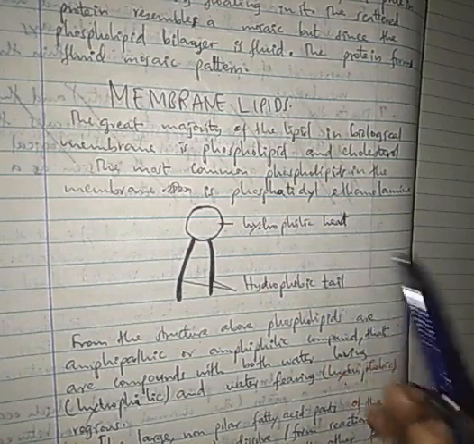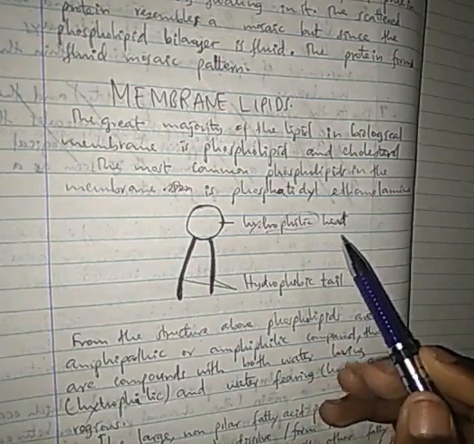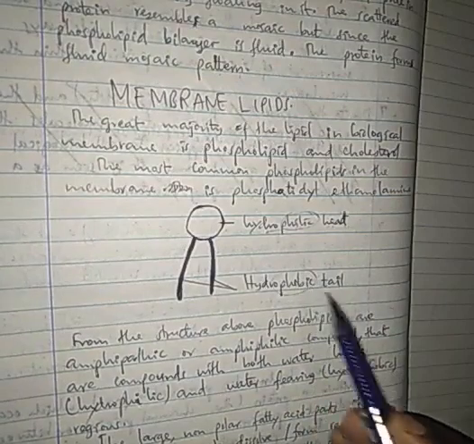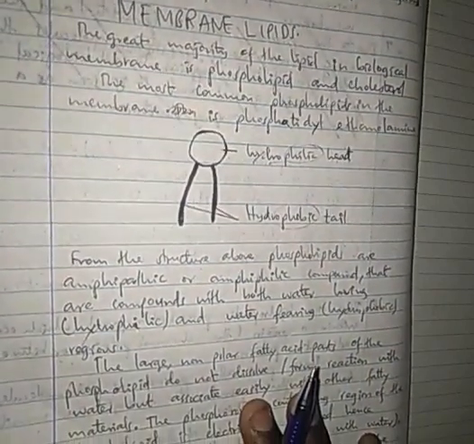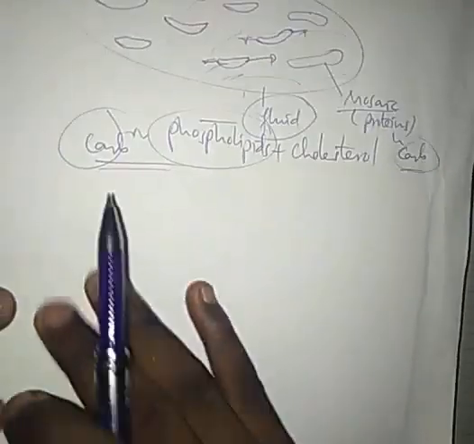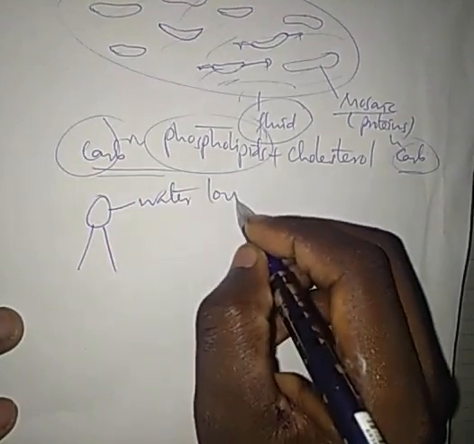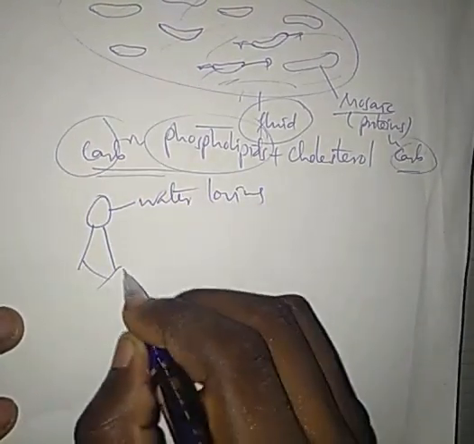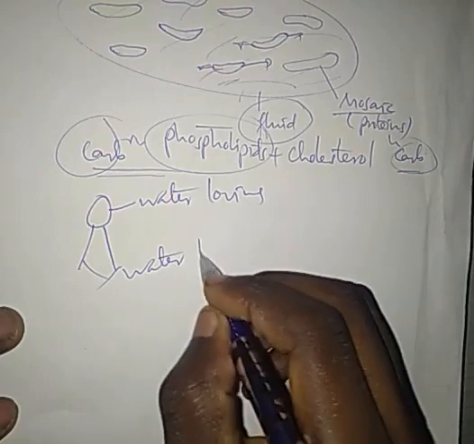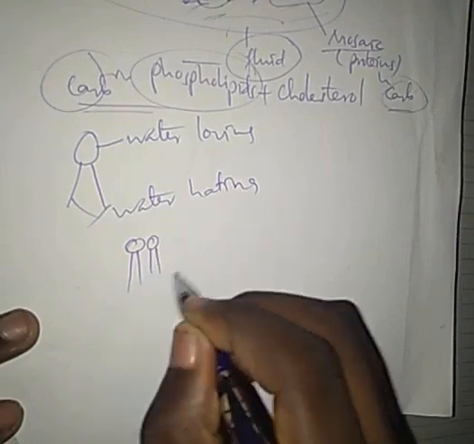So phospholipid has a hydrophilic water loving head and a hydrophobic water hating tail. Now from the structure above, kwa sababu ukichora hiyo hapo, huku ni water loving, huku ni water hating. Kwa hiyo manake zitakavyokaa hizo hapo,